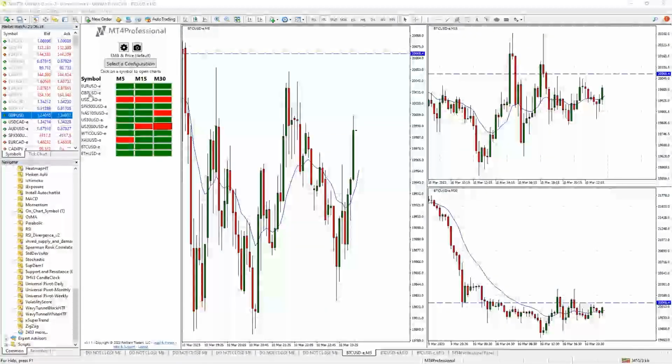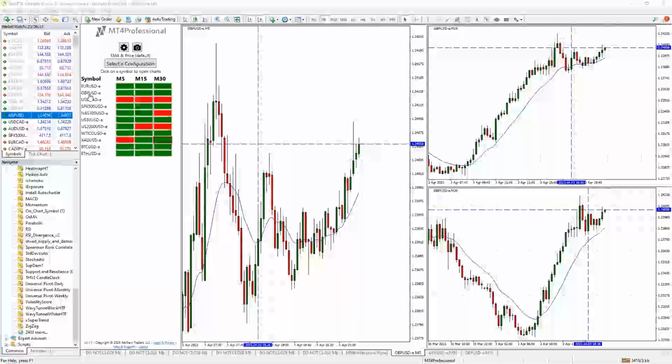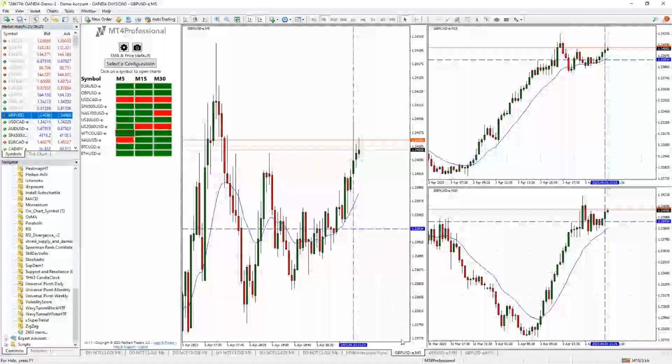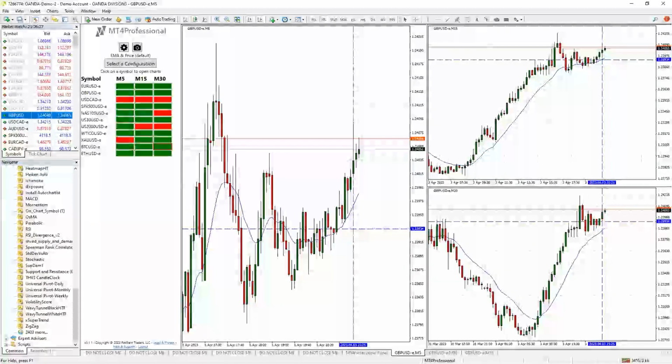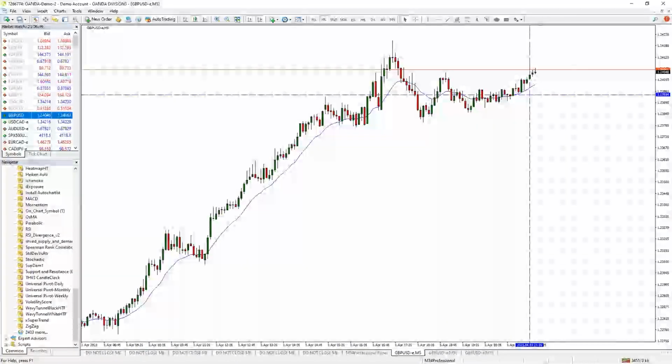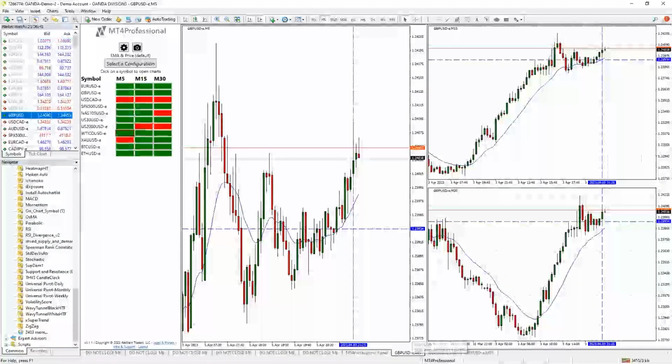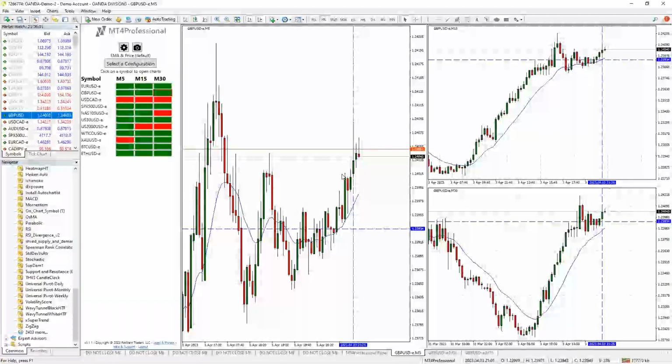So you're looking across time frames, you're linking everything together. So it's a really, really good feature that you're looking for. If you want to look a little bit closer on one window, all you have to do is double click on the panel on the bottom that has the name of that, and it will take that window and make it full screen. And then if you need to go back again, just simply double click it and it goes right back to the single mode. And of course, you can draw and do any type of analysis on the charts themselves, just like you would in normal MT4.